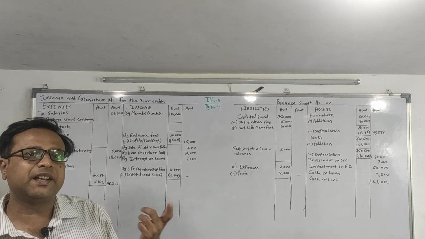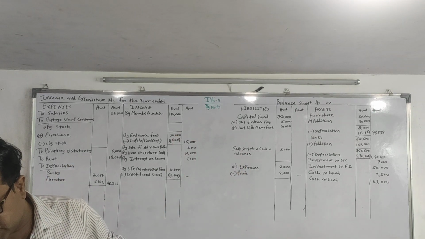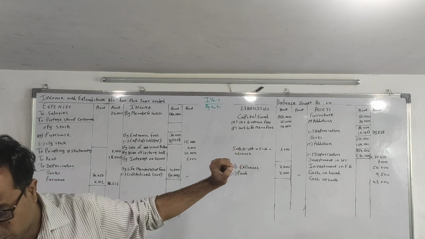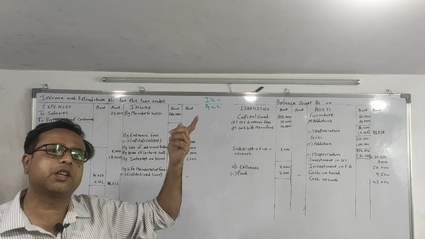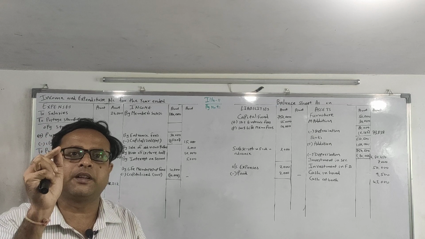Investment in fixed deposit, it is an asset for us, so we will note it down A. Furniture, again it is an asset for us, note it down A. But now what will we do? Already we have furniture from last year. So put a dot on the opening balance sheet near furniture.